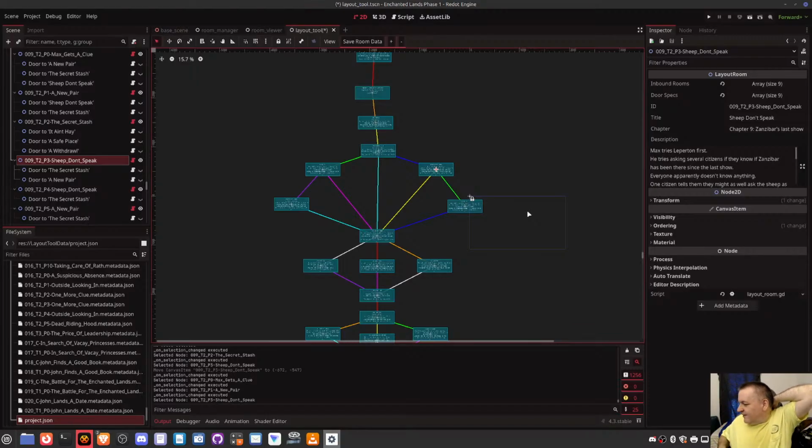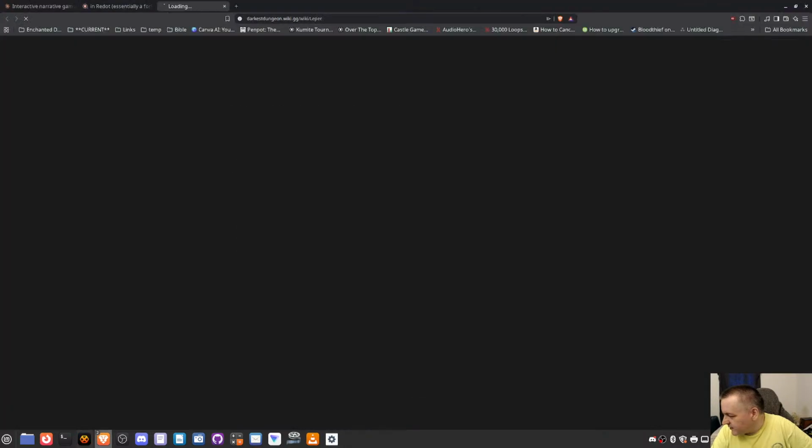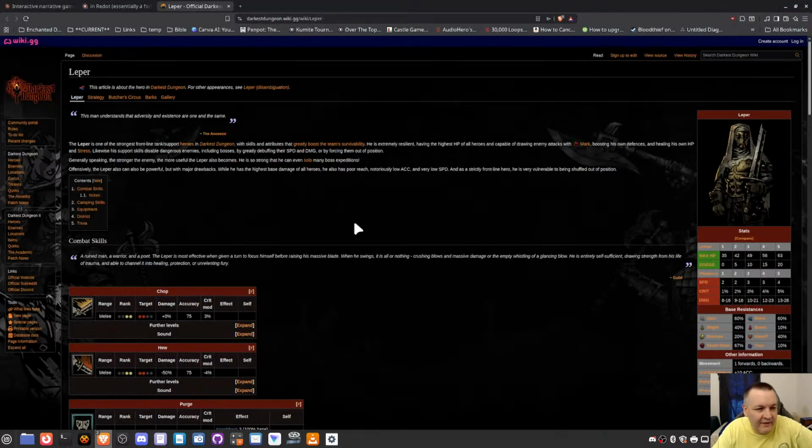Vendor. Oh, fine. I'll look at it. Uh, Leper is one of the strongest front lines tank support heroes in the Darkest Dungeon with skills and attributes that greatly boost the team's survival. Okay. Anyways,